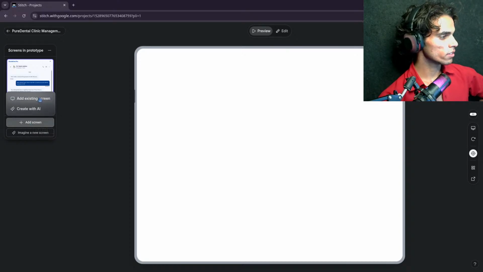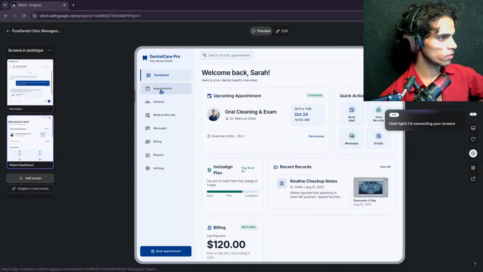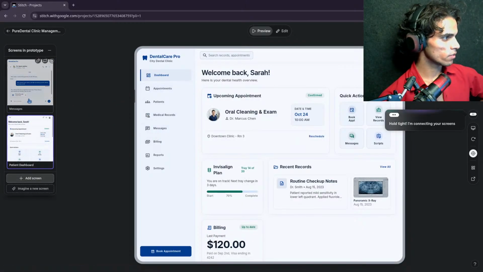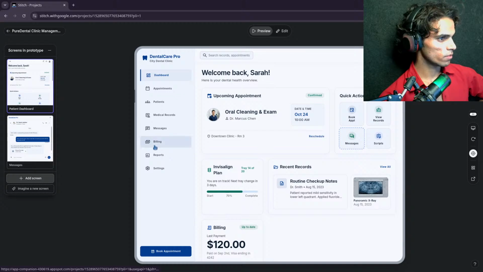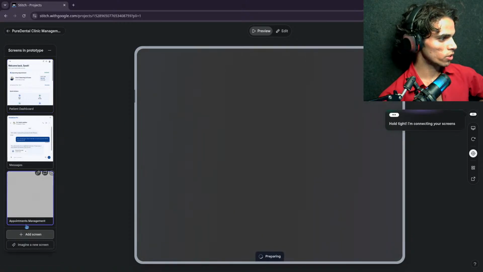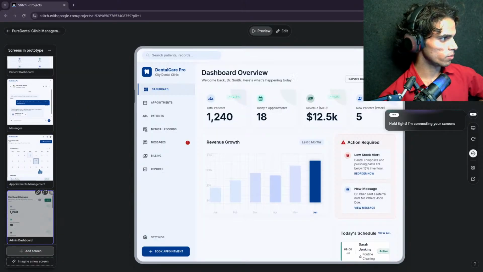Add screen. Add some patient dashboard, and then have messages. Okay, add screens, appointment management, and admin dashboard.